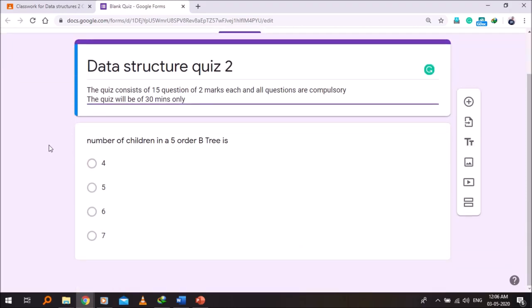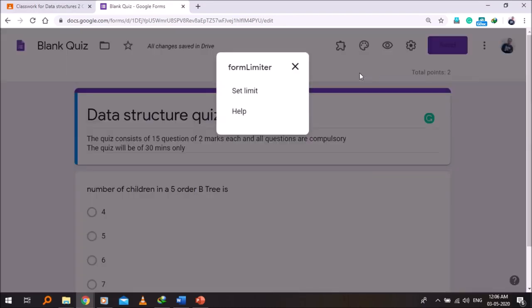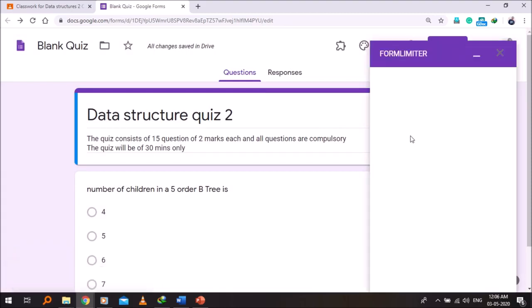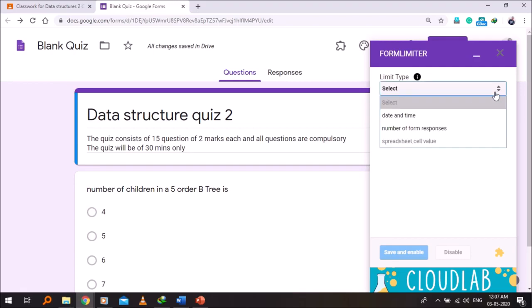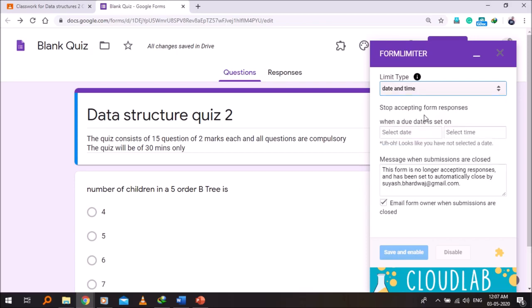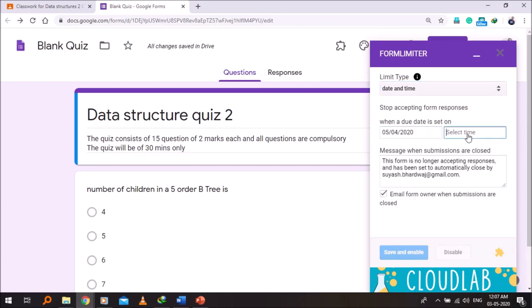and one more thing, you can add this Form Limiter add-on to set the time limit of the form. To add this add-on, you have to just search in the add-on field, type Form Limiter, and you can add this add-on to the Google Forms. Now I can set the date and time of expiry of this form. After that it will stop receiving responses